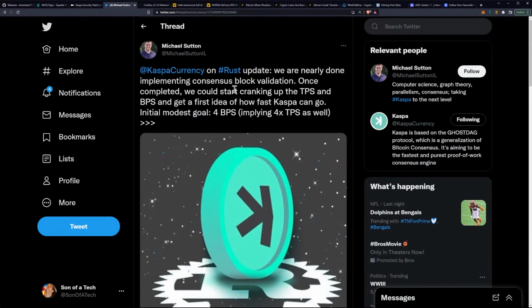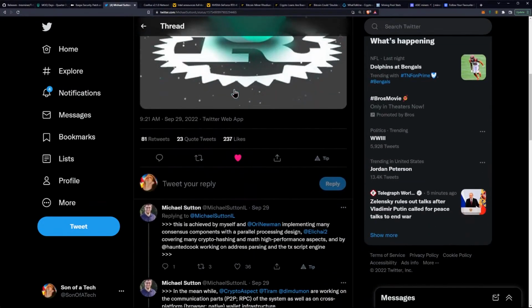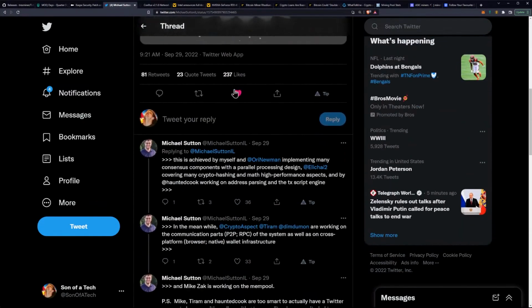the Go version. So basically quadrupling the speed from essentially what it is now on Go to what it will be. And Kaspa is already extremely fast. So getting even faster, I mean, in my humble opinion, that's going to be a pretty big deal. I'd like to hear your thoughts and opinions. Do transactions per second matter in the world of cryptocurrency? Do they matter more in a proof of work setting? Let me know. And let's move on for the day. I'm personally excited for it.